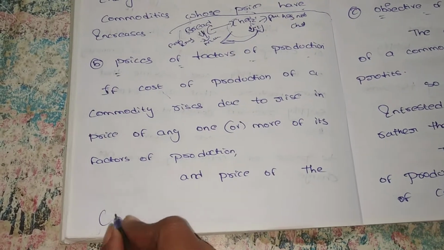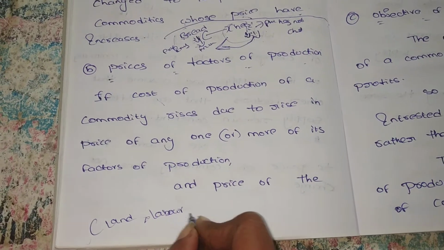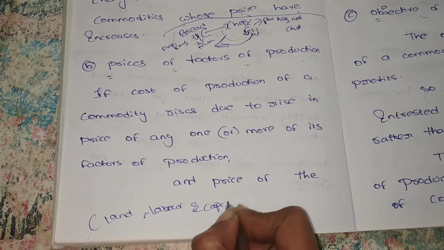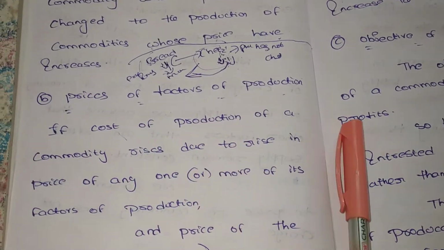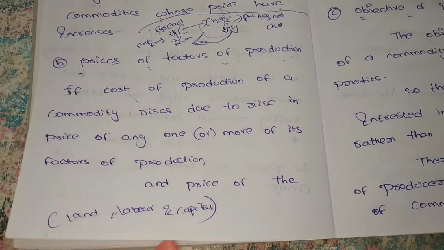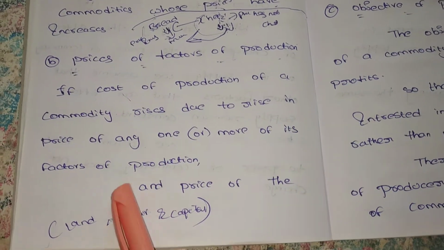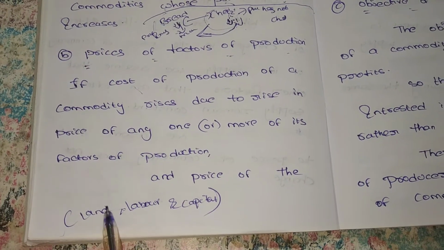What are the factors of production? Land, labor and capital. Let's see here. If the cost of production of a commodity rises, cost of production rising means our production cost rises due to a rise in price of any one or more of the factors of production. Here the cost of production means our